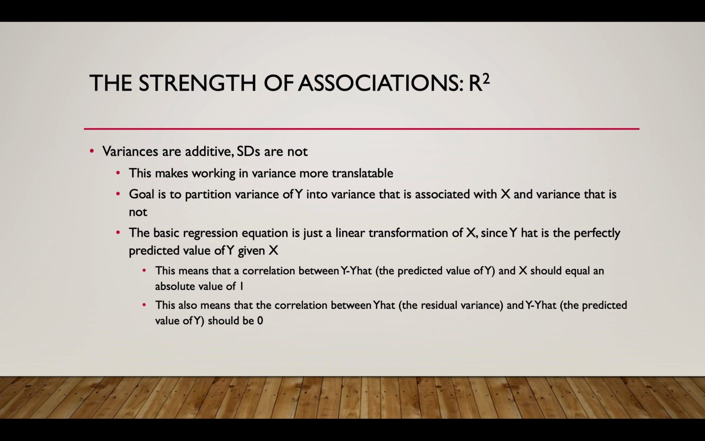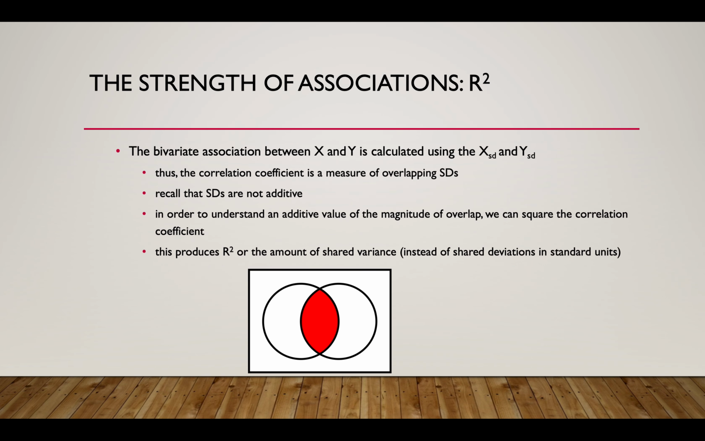This means that the correlation between y hat, the predicted value of y, and x should be equal to an absolute value of 1. And we'll test this in class. This also means that the correlation between the residual variance, y minus y hat, and y hat, the predicted value of y, should be 0 because we're removing all of that residual variance from y. All right. The bivariate association between x and y is calculated using the standard deviation of x and